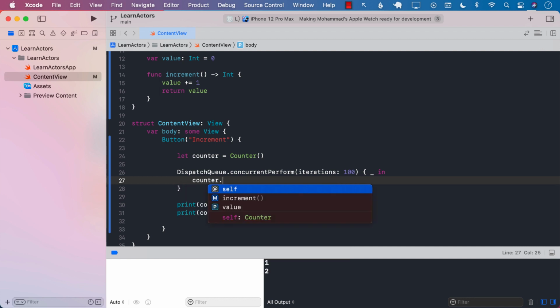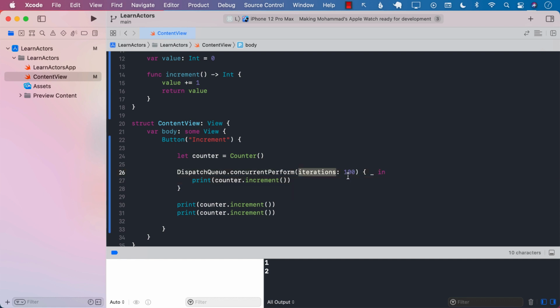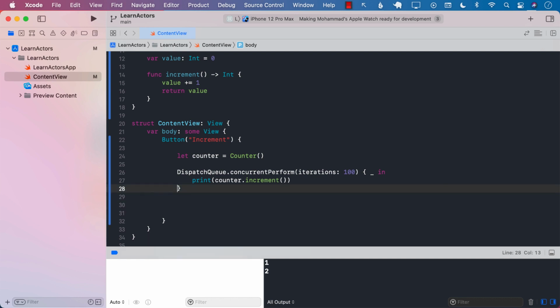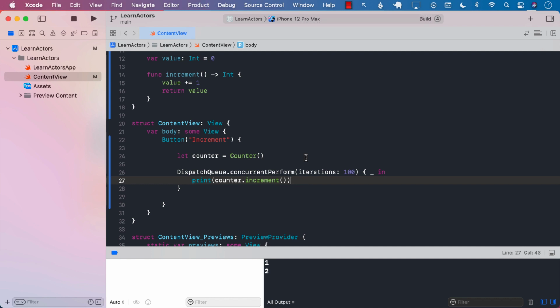So I'm going to call counter.increment, and I'm just going to print out the values. Now this is going to create 100 iterations of concurrent task and then call counter.increment. So we might be hoping that it will just print out 1 till like 100 in that sequence. If I go ahead and run this application right now